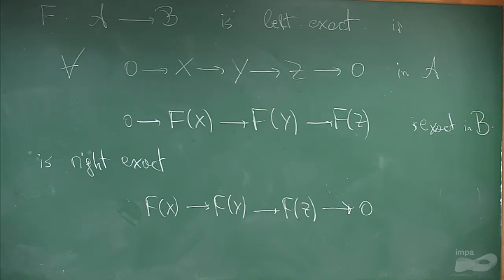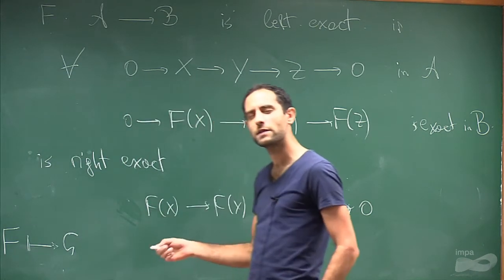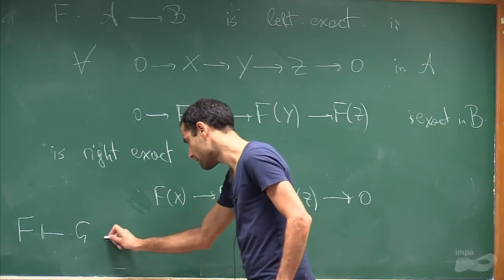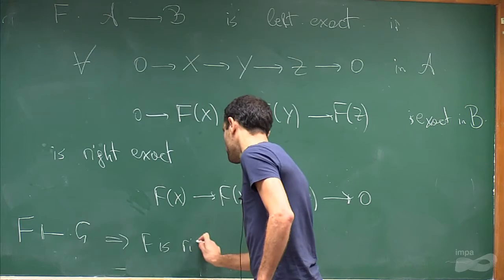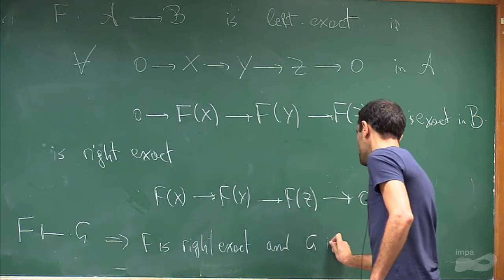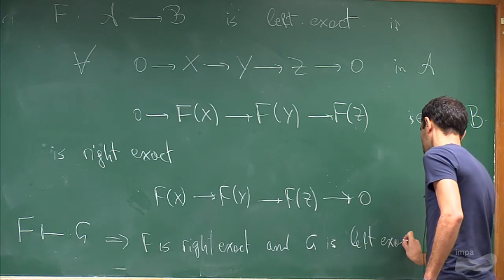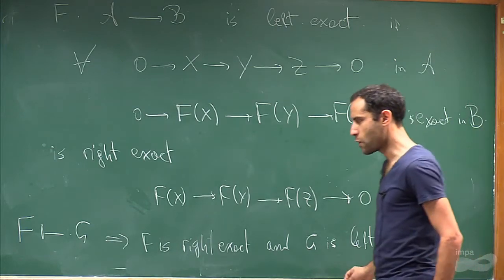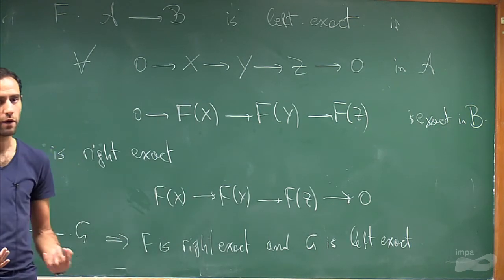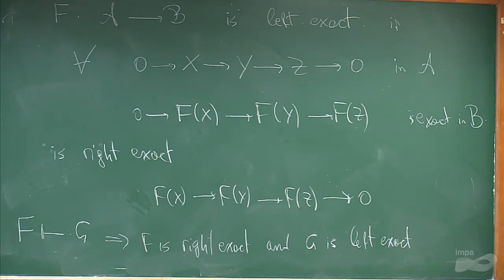But this is one of the beauties of the general abstract nonsense of adjointness. If you have two functors between any two categories where you can sum things, you don't even really need to be able to sum, but let's just keep it like this. If you have two functors and f is left adjoint to g, then f is right exact and g is left exact. So whenever you have two functors that are adjoint, one of them preserves kernels and the other one preserves co-kernels. Therefore, if I wanted to check any of these two things, if this were to be true,